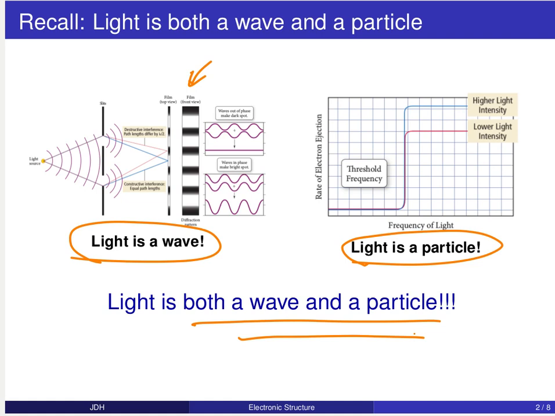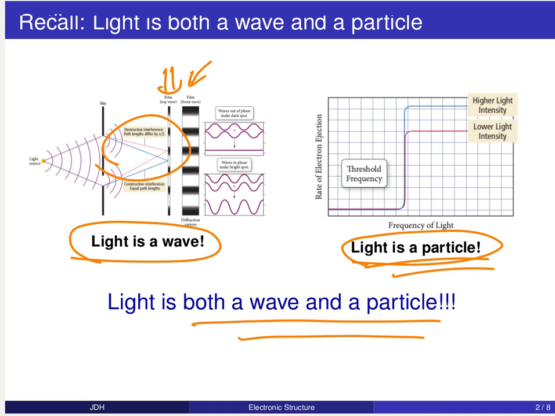In other words, if you ask a wave-like question, for example, looking for interference, you get a wave-like answer, namely the interference pattern. If you ask a particle-like question, as we do in this photoelectric effect experiment, we get a particle-like answer. In this video now, we are going to ask these same sorts of questions, but now focus on